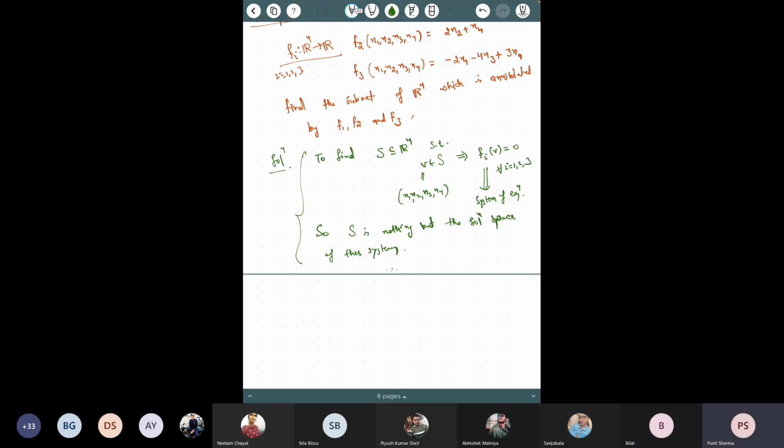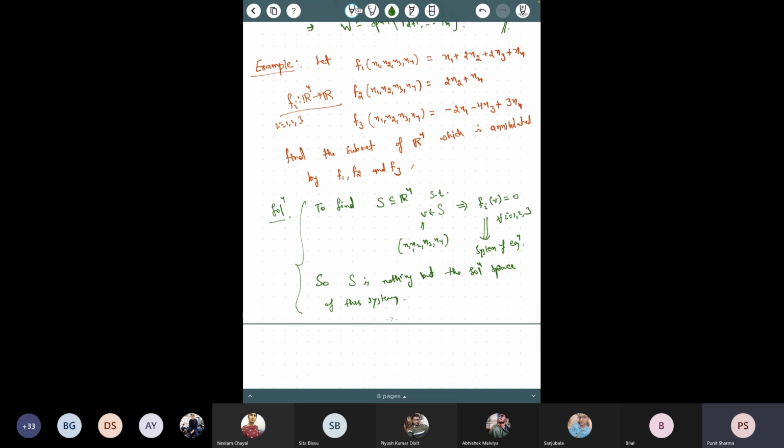So when I wrote this expression, you might not have considered it in this way. But now if you think again, you want a set S such that it is annihilated by these functionals. What does that mean? It means that if I take any vector v, then f_i(v) is 0. These f_i are linear equations, so f_i(v) = 0 gives a homogeneous system of equations. I can solve this system for x1, x2, x3, x4. Whatever solution I get, that would be my set S.